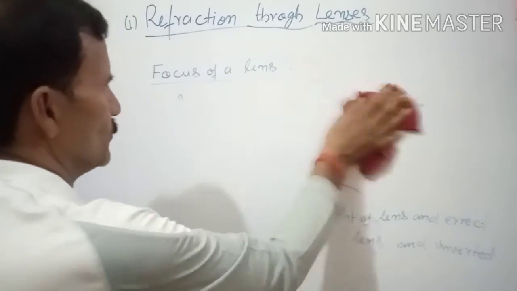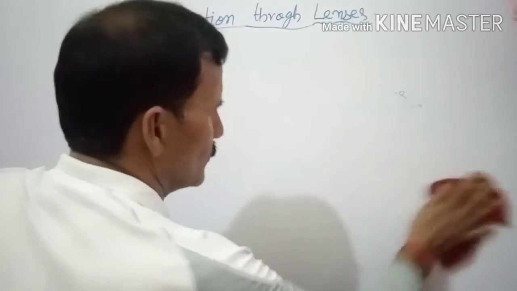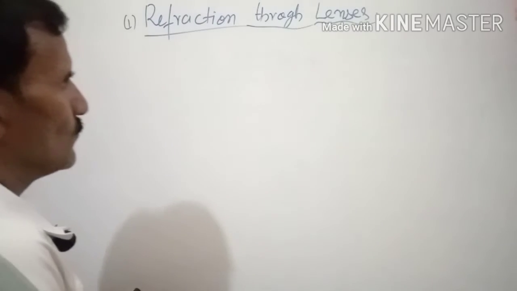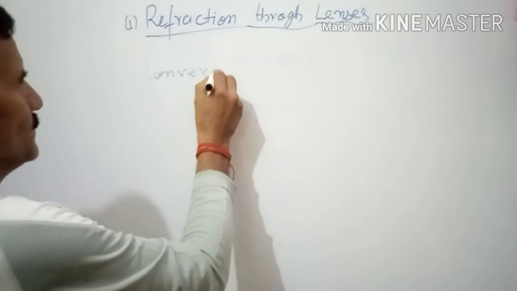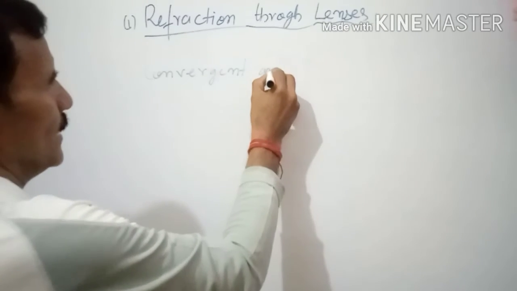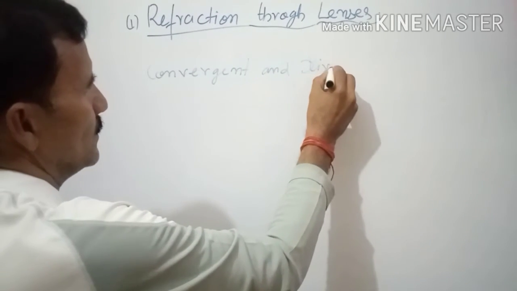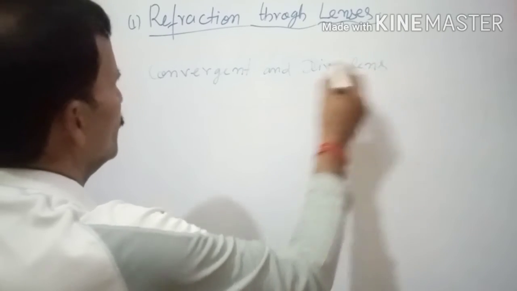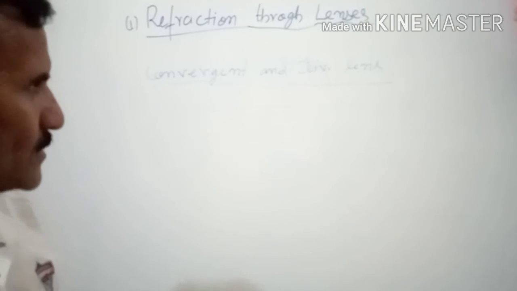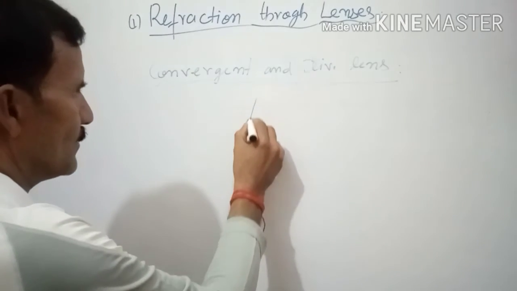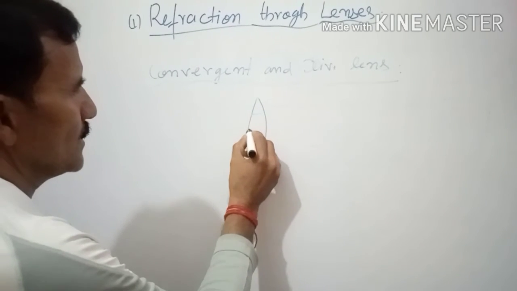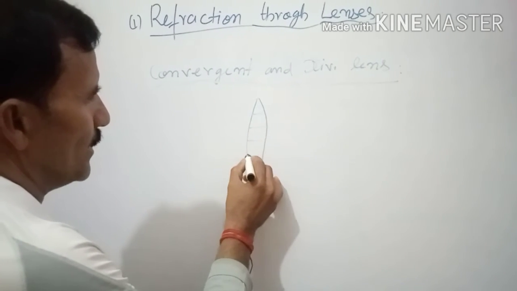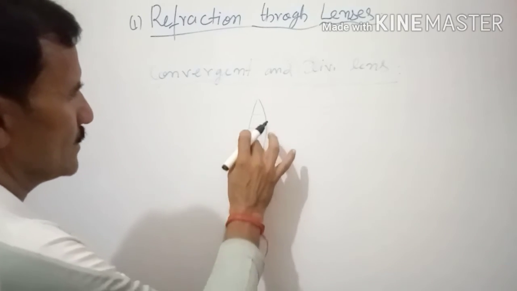So they may ask you ray diagrams. So now try to understand why convergent and divergent lens. Actually, in fact, this is the name of the convex lens. Why are they converging? Let us try to understand. These lenses are made up of small prisms. They are nothing but prisms.